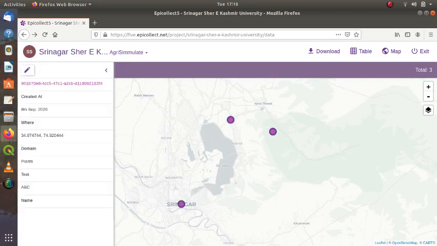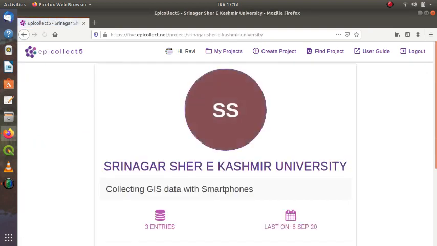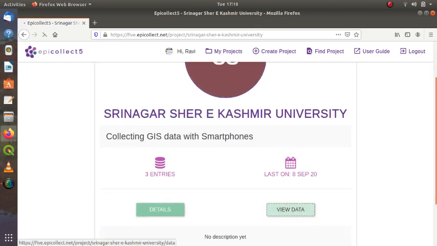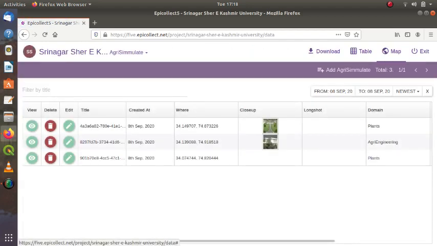Let me see. Okay, maybe it will take some time because it is after all a server, and the server should get the entry. Maybe my internet is not so lively. Maybe it will take some time. Go to, still the third map has not come. Doesn't matter, it will come.